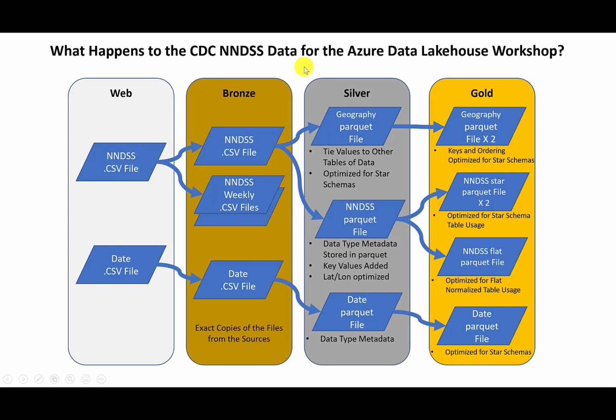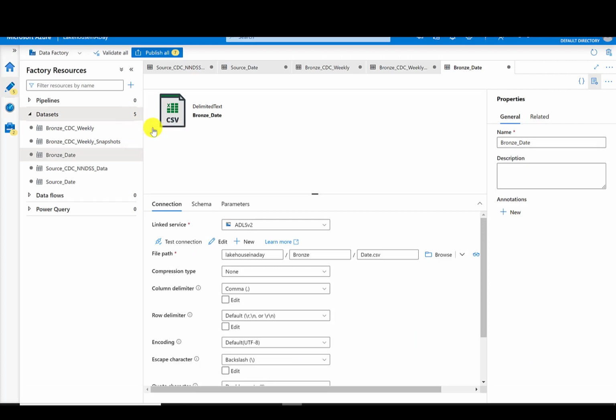Moving to the silver layer, we'll want to create a couple different Parquet files, one for geography and one for the CDC data, and then also a date Parquet file. I debated just skipping the silver layer for date and moving straight to gold, but for a best practices demonstration, I thought it would be a good idea to have a copy of it in each layer, because we're not really going to do much with it when moving from silver to gold, but it just made sense to do it this way. So we will do new data set,